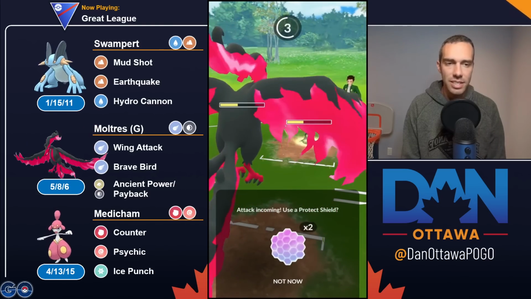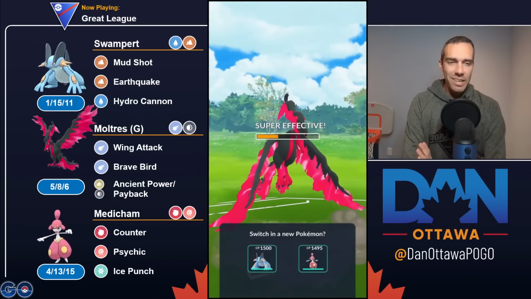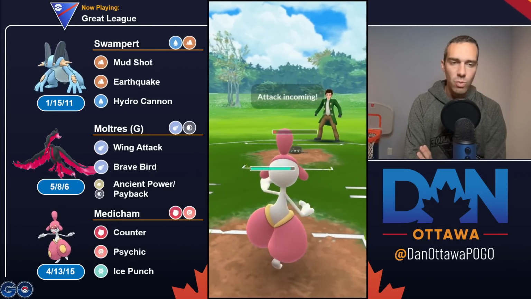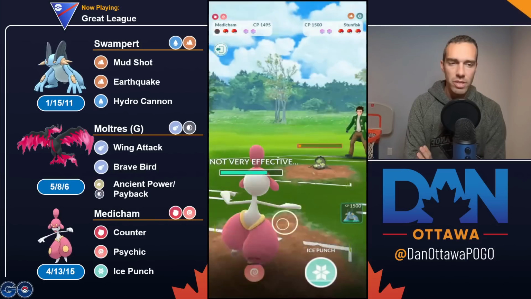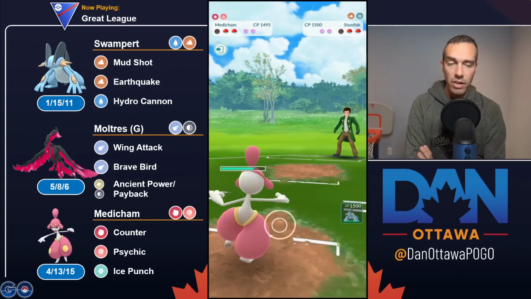I can get some energy on... I might want to get energy on Medicham. Yeah, because I need the Ice Punch. There's no point in getting energy on Swampert when you just need to get out of the jump bluff anyways. So you need to get it on the Medicham because you need those Ice Punches for the jump. And then we'll see what's in the back. And if they have like Bastion or something in the back,